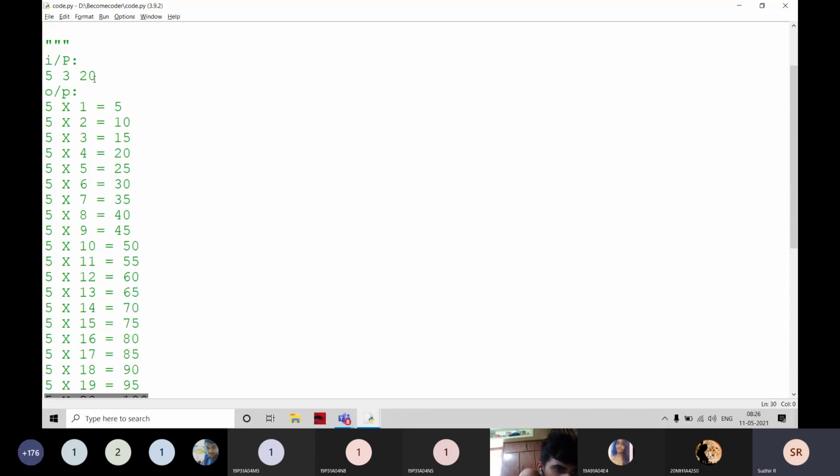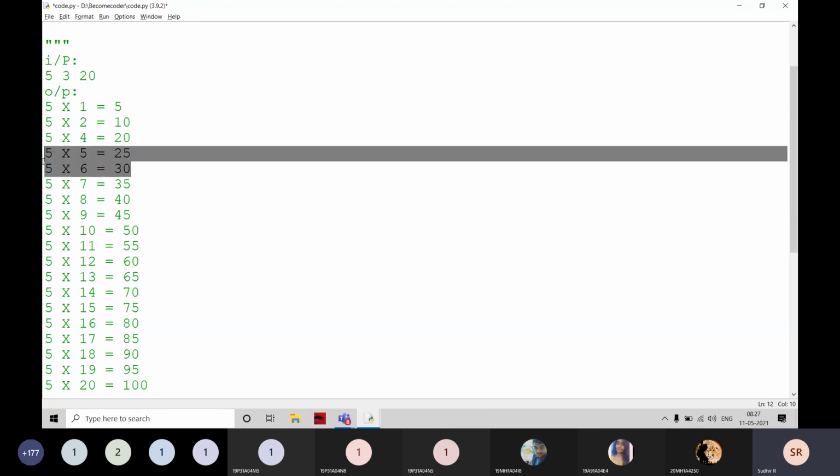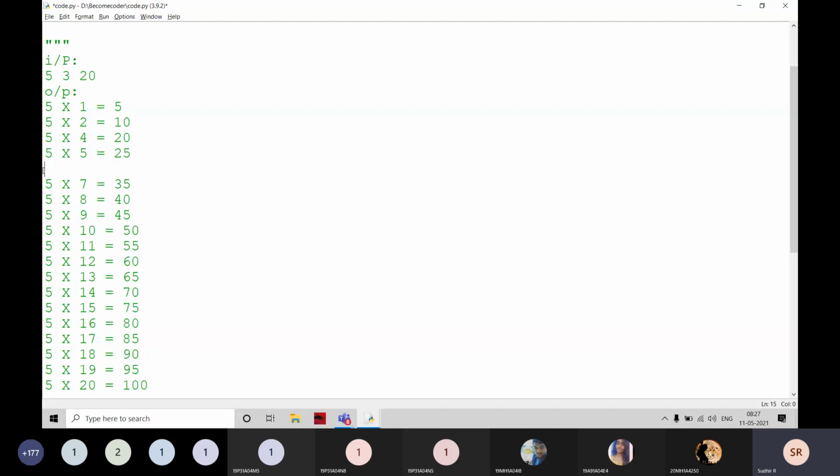But what is this middle value? I want the output as here, just observe here, 5 3s are 15. The 15 is exactly divisible by 5 and 3. I'm not working on that. Is there any other value which is exactly divisible by 5 and 3 here? 30, sir. 30 also. I am going to skip this one, and I am going to skip this one also.